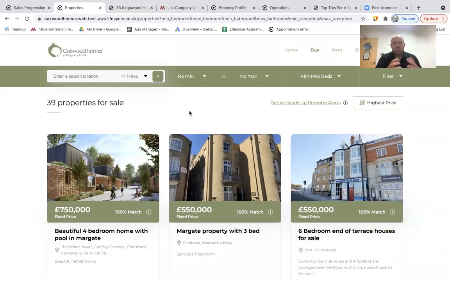The way property matching works at the moment for agents is very clunky. Because it's so clunky, when you put someone in your system, it's most likely that all you do is put in a maximum price and a number of bedrooms, maybe a general area, and then they get sent random stuff, really. Because of that, people tend to spend all their time searching on portals rather than agents' websites, because the portals can be a bit more specific, so they don't give their details to the agent until they're ready to book a viewing. We're trying to reverse that power and bring it back to the agent,